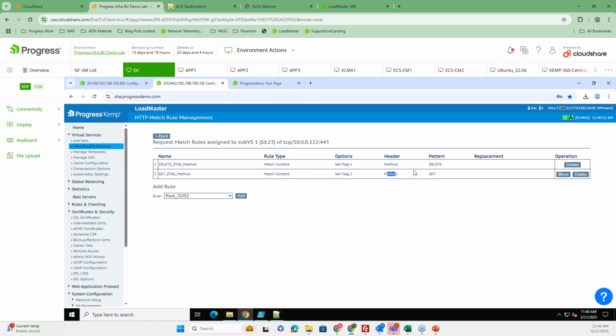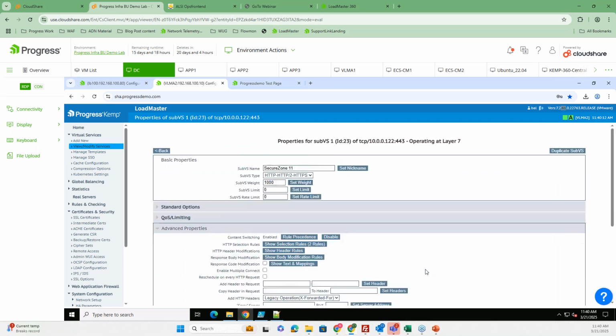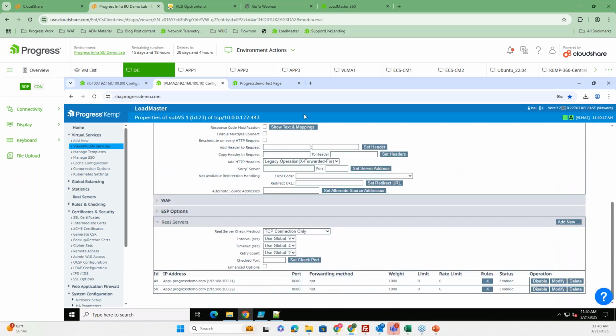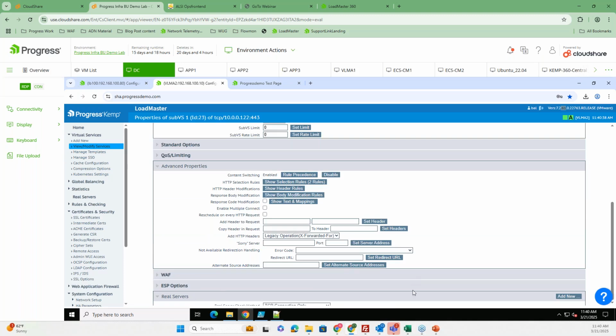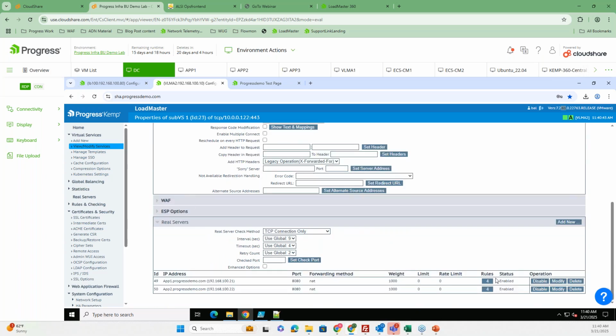And then you can do those kinds of methods. And here you see you're allowed to go to a certain bucket, and you're only allowed to do GET or DELETE depending on where you come from and what kind of flag is waved beforehand. So you limit what kind of access they get. They get access to the server, but what kind of protocol they're allowed to use is based on those rules, and that's different for each sub-VS.